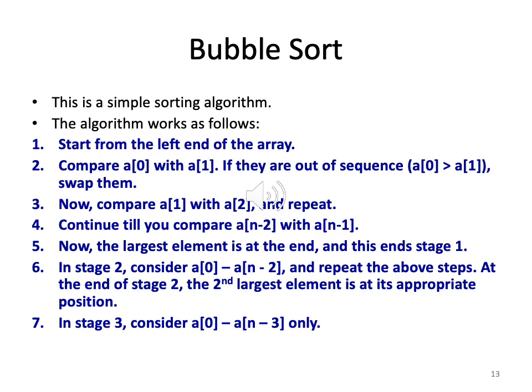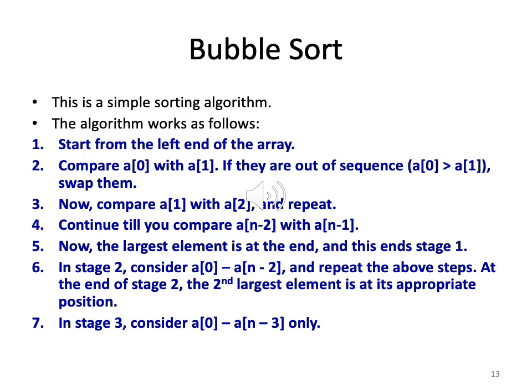So if A0 is greater than A1, if the element on the left is greater than the element on the right, then you swap. So we already know how to swap. We swap them, which means that now the element in A1 comes to A0, and the element in A0 comes to A1. So 4 2 becomes 2 4. So in the final output, this is how the number should appear.